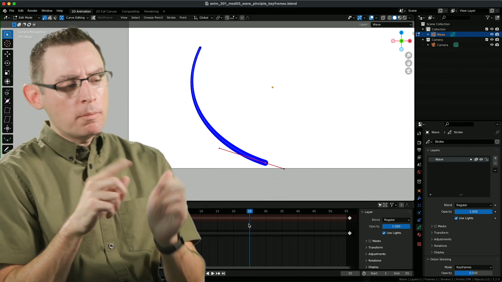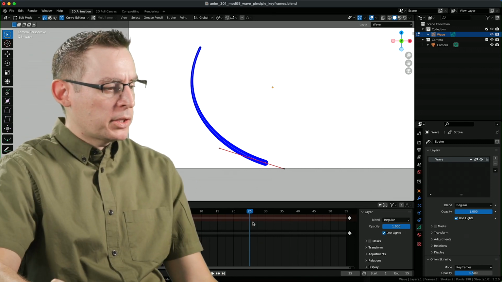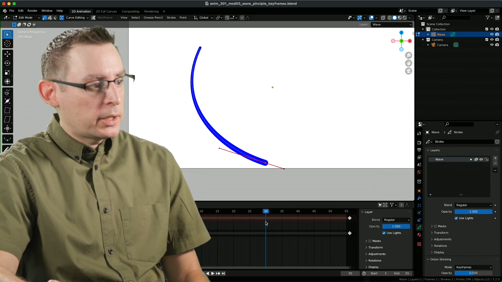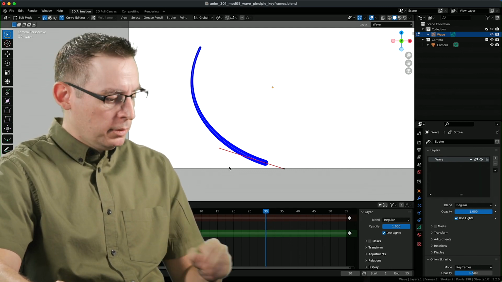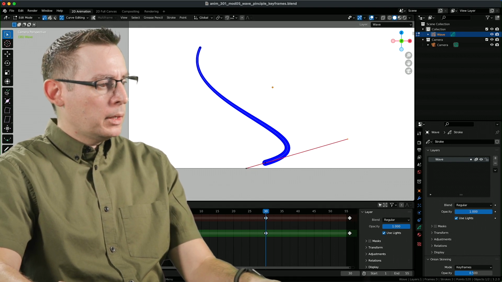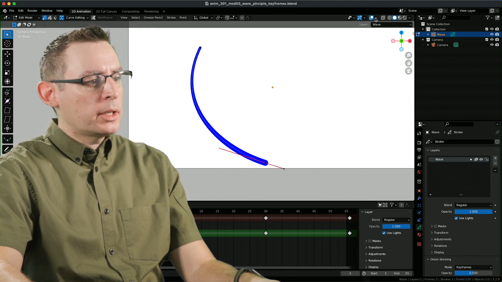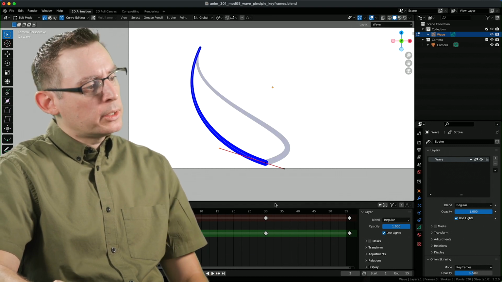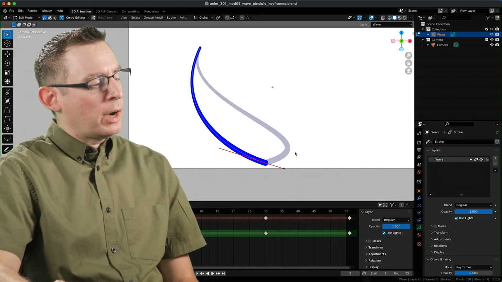So where is that rightmost pose? Well, let's kind of just figure this out here real fast. I think I'll put it on, I don't know, frame 30 for the time being. And let's go in and start figuring this out. Now, what I'm looking for here, and let's turn our onion skinning on, that way I can start to see what that second frame is going to look like.